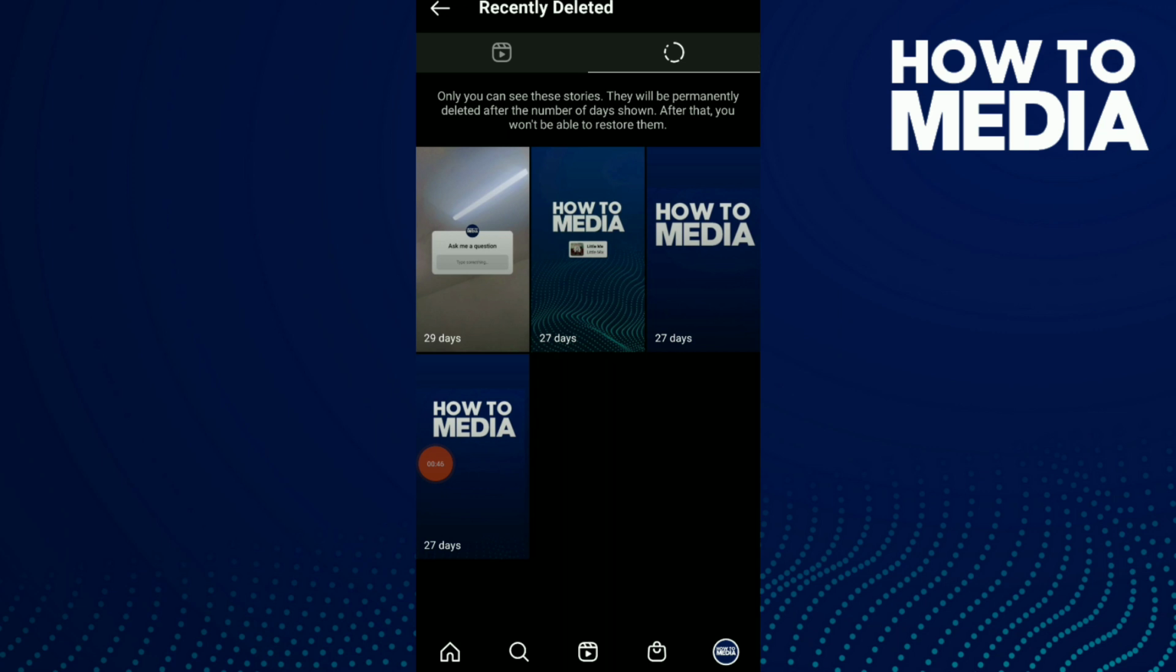Now only you can see those stories and they will be permanently deleted after the number of days shown. After that I won't be able to restore them again. So you see this story, it has 29 days and then it's going to be deleted from the recently deleted list, and I won't be able to restore